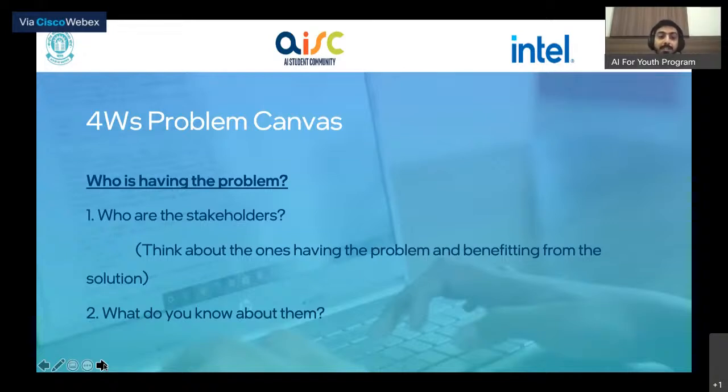So we call them your stakeholders. And then we try to understand about them. So for example, let's say that you've identified this problem that people are facing a lot of problem to buy vegetables at the right price because the prices are unpredictable, right? Because of which they're facing a lot of problems to buy certain materials, certain ingredients at the price that they want and in huge quantities so that they can prepare a certain traditional dish, or maybe they want to